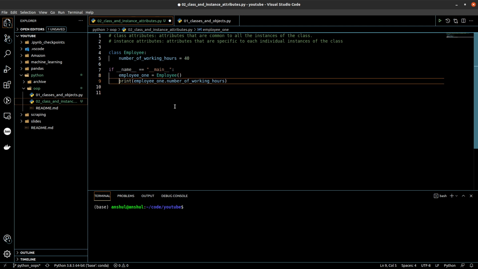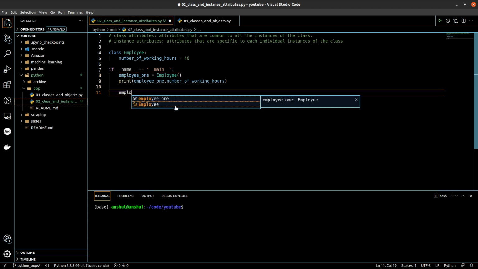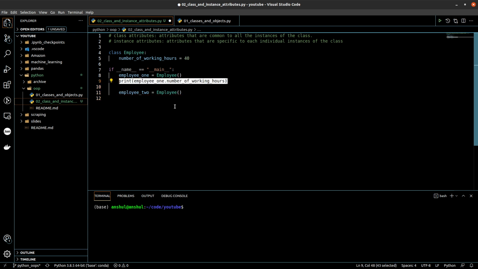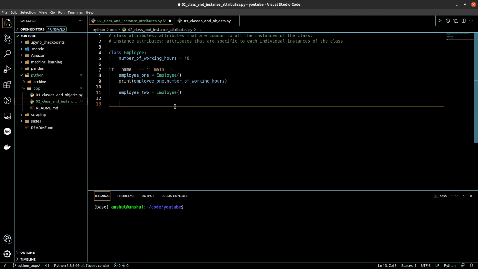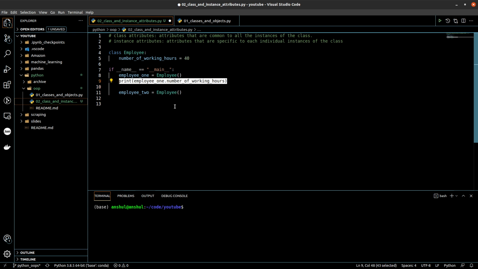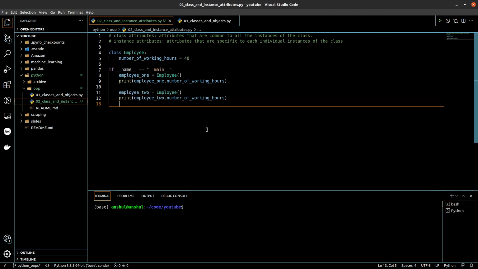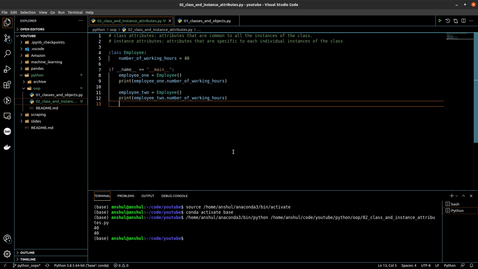And similar to this, let's create a second object, and if I do the same thing for this object as well, that is to call the same number of working hours attribute, and print this value, as expected, both of them should return the same value.